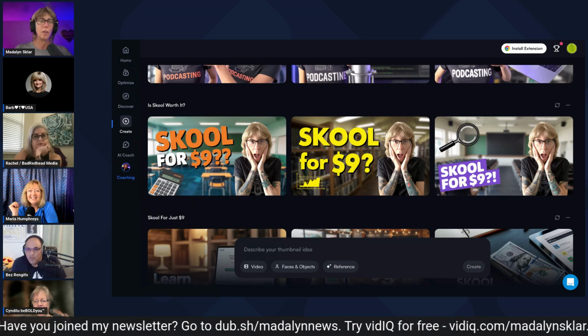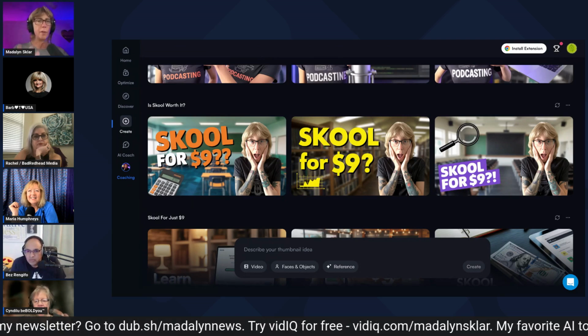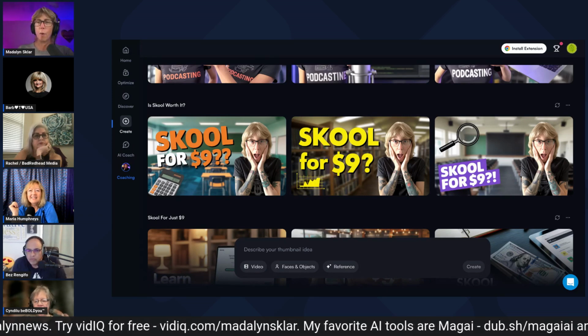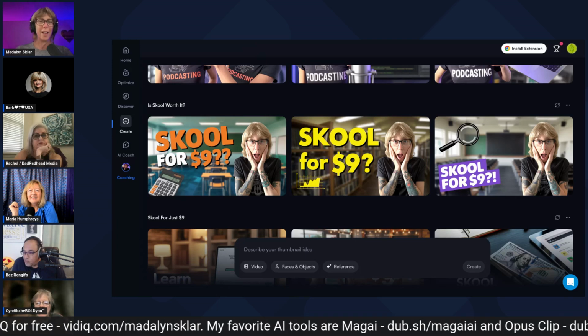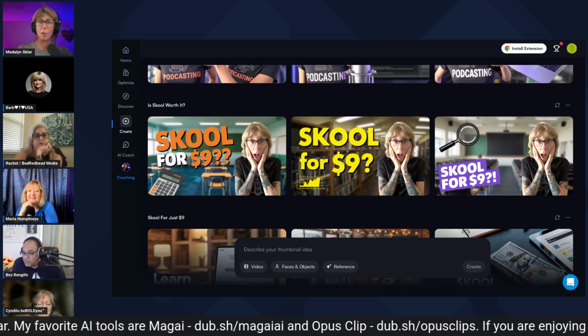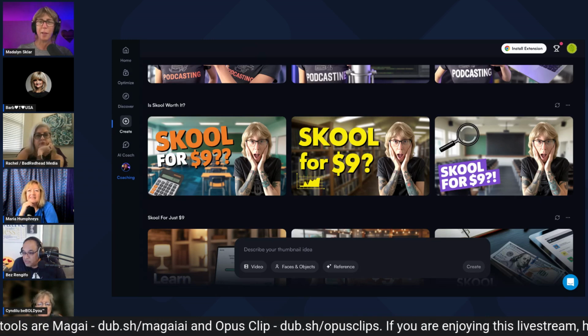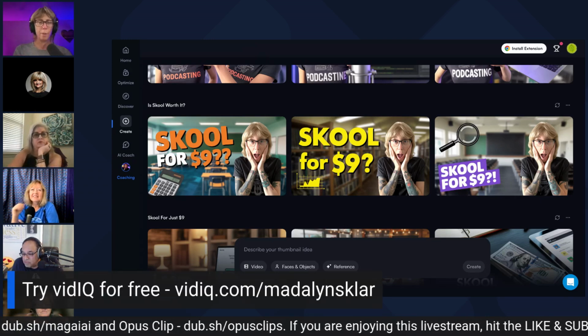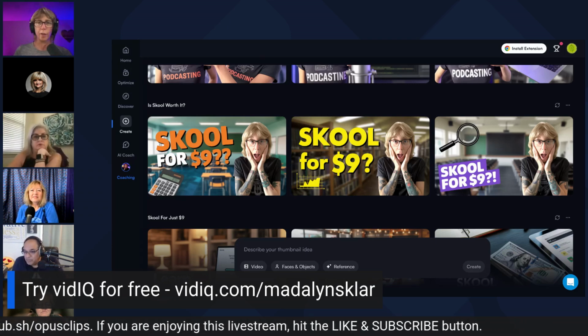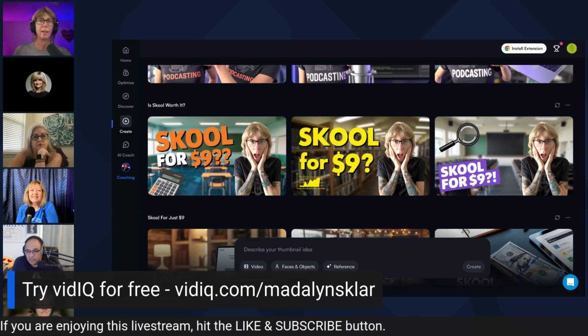And so it might be something where you can play around with this and go, you know what, this works. This is exactly what I'm looking for. Or like what I'm doing, okay, I'm getting there, but now I need to refine it. What can I do to refine it? If anybody wants to check out this tool, I'll put that up so you can see vidIQ. I'm impressed with it. So yeah,